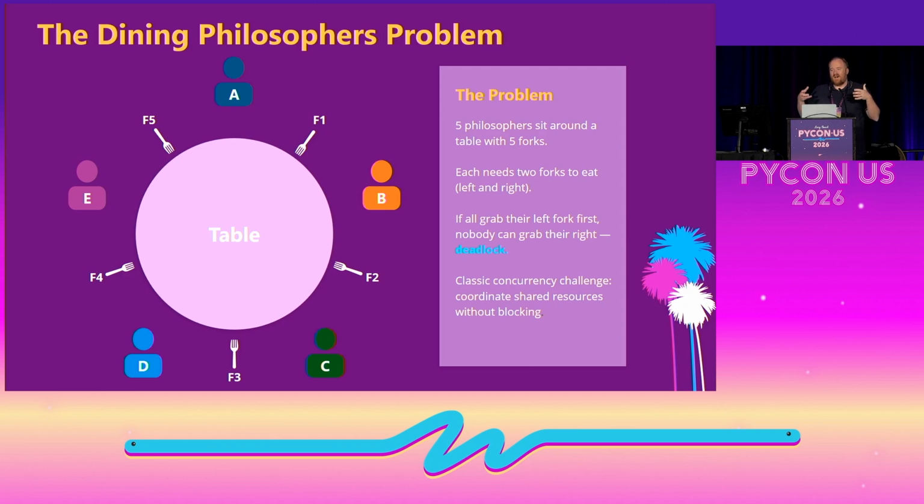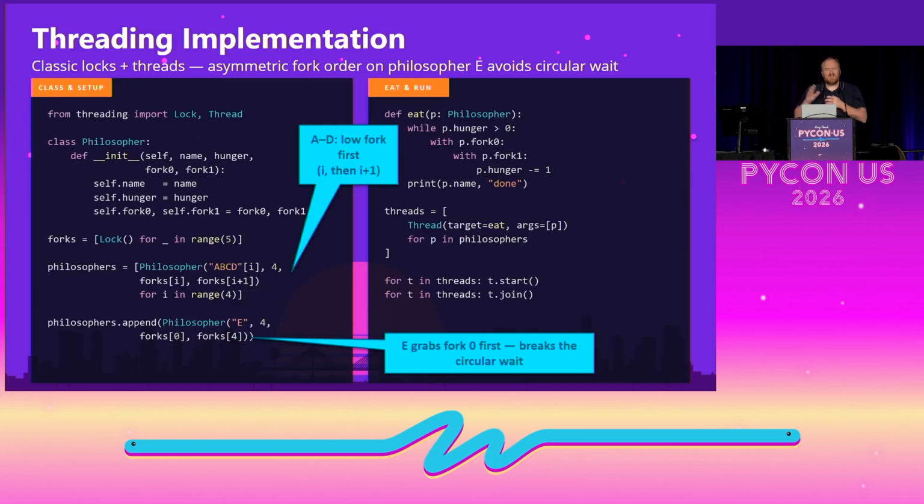And so they starve because they're philosophers. And obviously, we don't want our philosophers to starve. So how do we solve this problem? The classic solution, and this is just one that's coded up quickly using the existing threading support in Python,